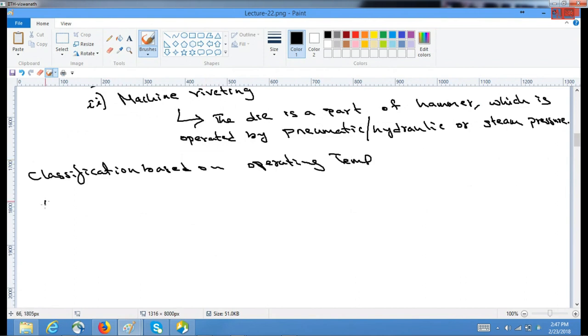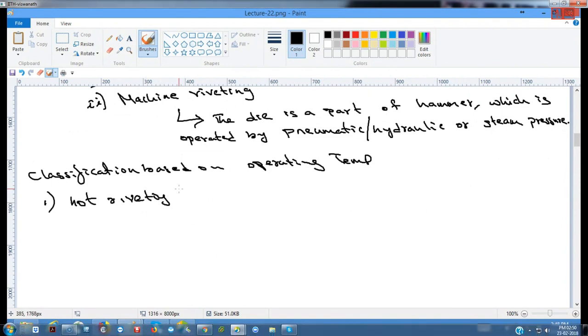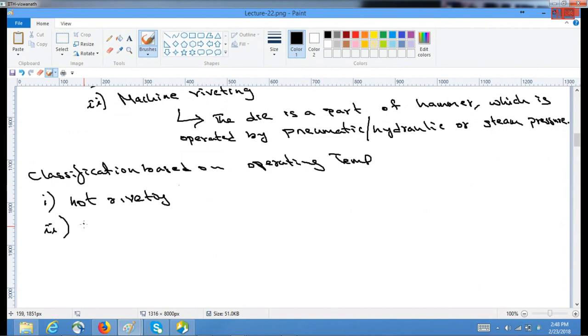So one method is called hot riveting, and the other is called cold riveting. So the differences are, in hot riveting,